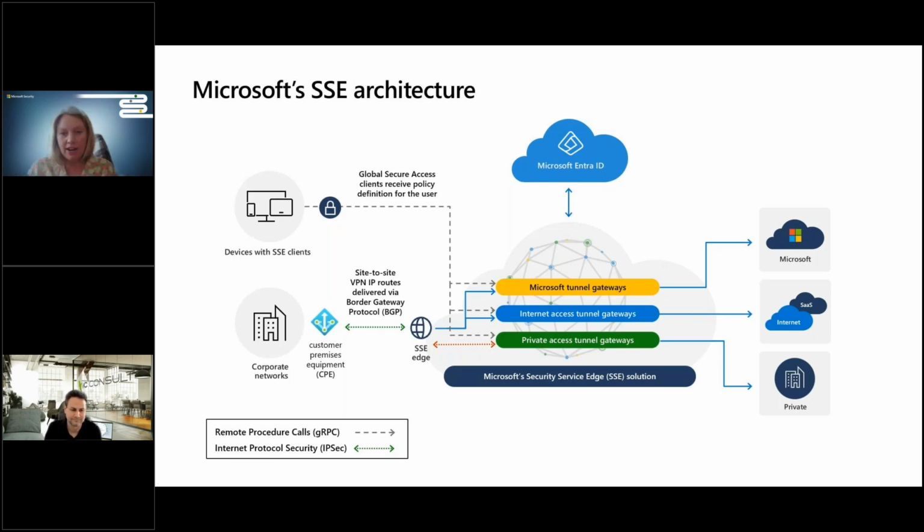Now, from a private access perspective, to enable your users to have access to your private resources, you need to install a connector on your network that has line of sight of all the resources that you want to manage. The connector can provide connection to many resources, and what it does is create an outbound connection to our service in the cloud. So you don't need to worry about opening up any specific ports on your corporate firewall. And these connectors broker the traffic